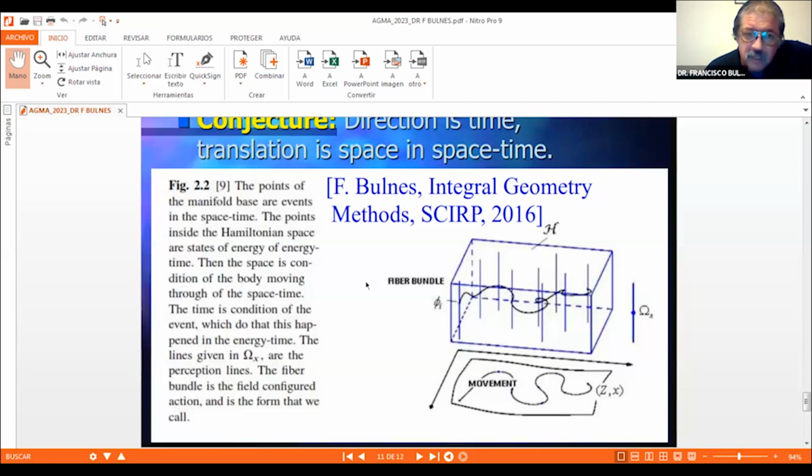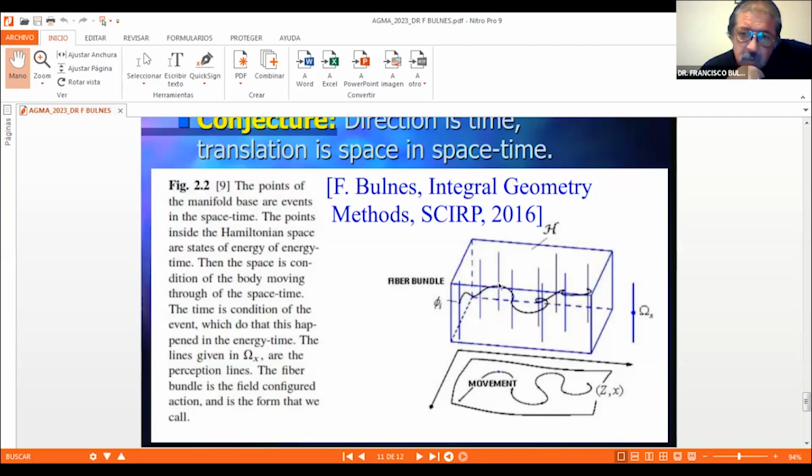The points of the manifold base are events in the space-time. This is event, the space-time. The points inside the Hamiltonian space, this is a Hamiltonian space, are states of energy time. The manifold is this. The Hamiltonian space is this. Then the space is condition of the body moving through the space-time. In this part, we have the movement, and in this part, we have the